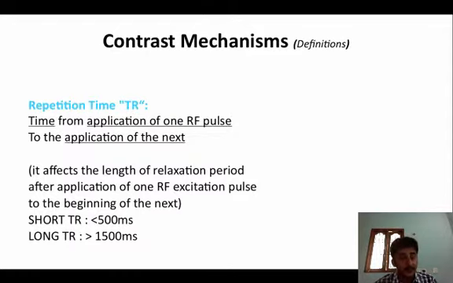So it defines the length of the relaxation period. By measuring this repetition time, we are going to measure the time taken for all these protons to get excited as well as to come to the stable position, to relax. This time shows which type of molecule it is, whether it is a tissue, a fat, or a water molecule.